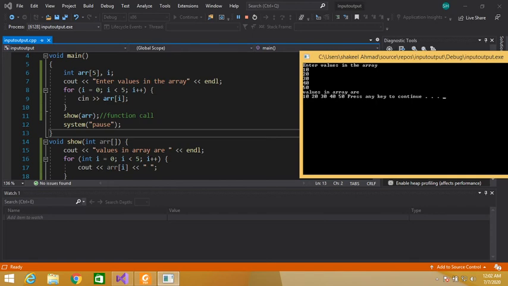Similarly, again increment the value of i and the control checks the condition: 2 is less than 5, yes, so ar of 2 contains 30, so 30 is printed.